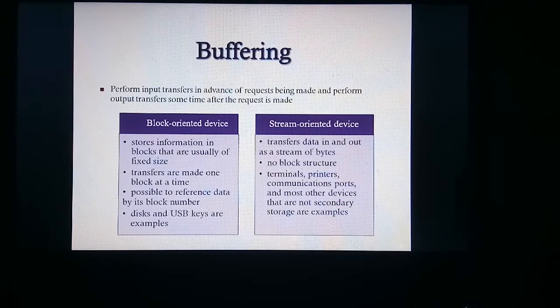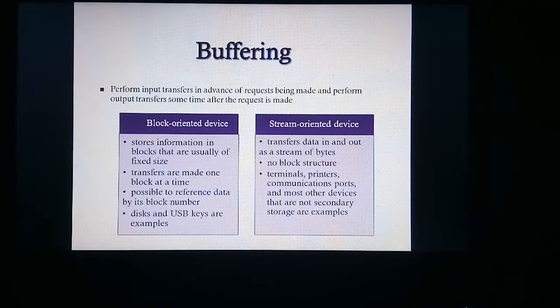So buffering is going to handle how the data has to be stored or whether the data has to be stored. Buffering performs input transfer in advance of the request, that is, before the request may come, the operating system will try to save it, and before the output request comes, it will save it.